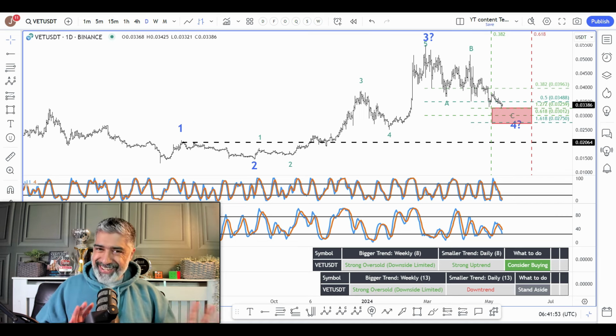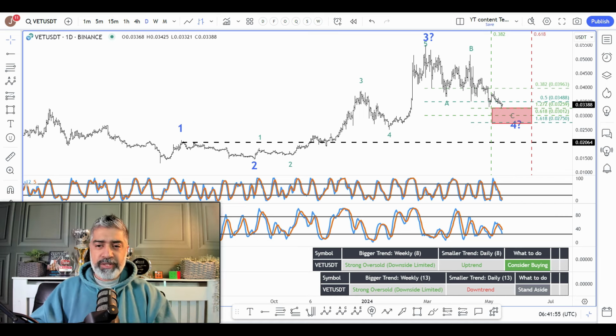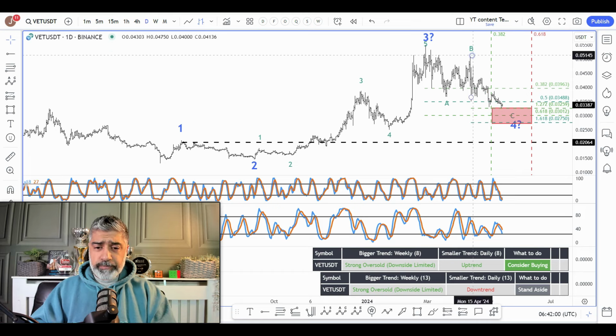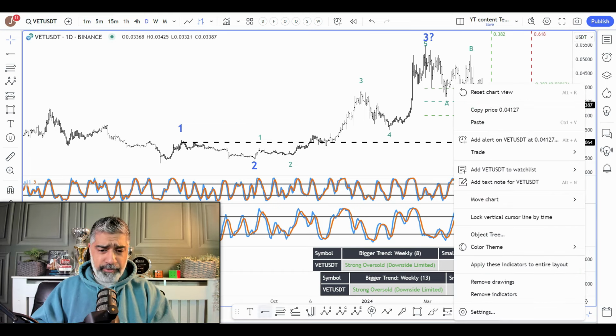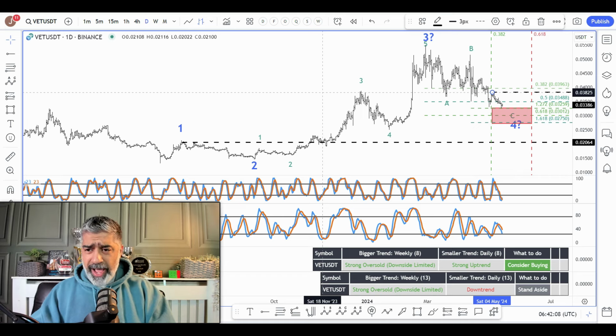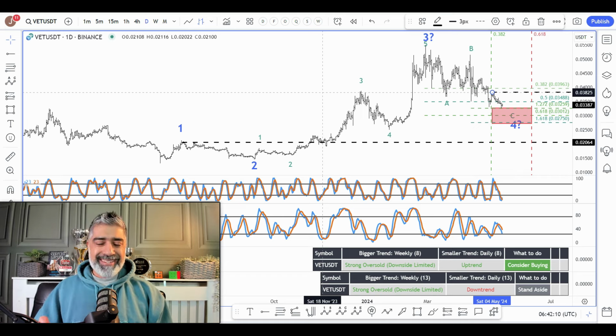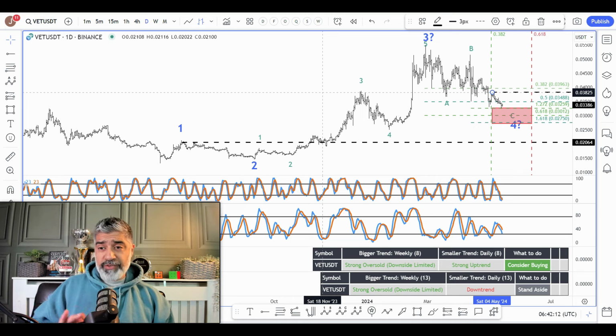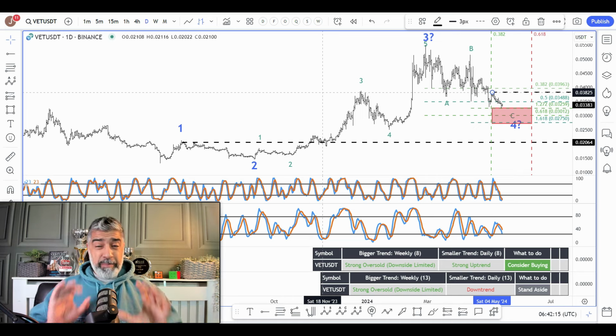An earlier signal, which is pretty strong confirmation, is if the price goes above this swing high. Let's just draw a line so you can see the price of this as well. I'll read out the price just in case you're watching this on a mobile phone. This swing high is 0.038. So in other words, if VeChain goes above 0.038, we can be pretty confident that the wave 4 low is